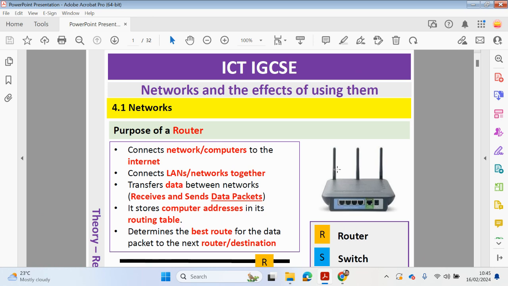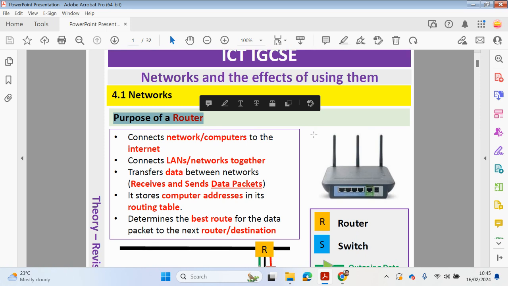So in this video, we will continue to look at the ICT IGCSE course, and we're going to be now focusing on Chapter 4, Networks and the Effects of Using Them. So in this video, we will be looking at 4.1, Networks, and we will start off by looking at the purpose of a router. So first of all, you might recognize this device, and you might have something similar in